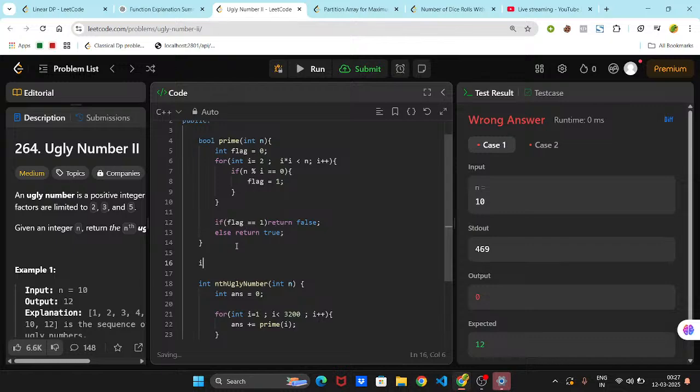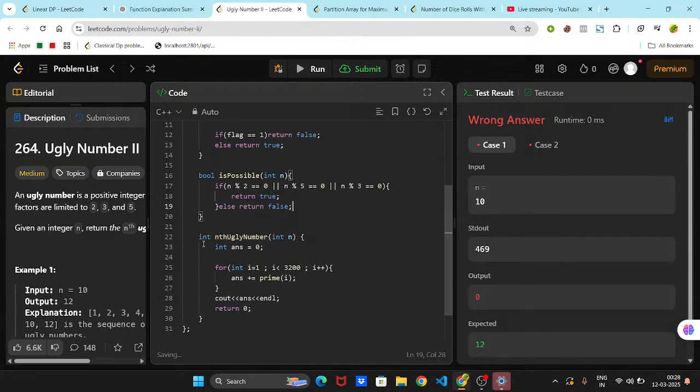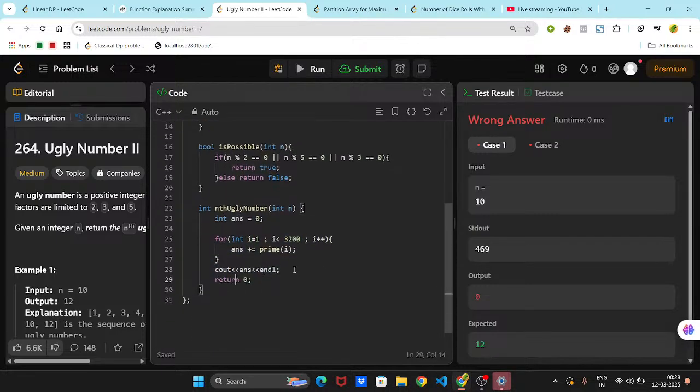तो मैं एक फंक्शन लिख लूँगा, bool is possible, I'll pass n, ठीक है। इफ़ तेरा n मॉड्यूलो 2 इक्वल टू 0 है, या फिर n मॉड्यूलो 5 इक्वल टू 0 है, या फिर n मॉड्यूलो 3 इक्वल टू 0 है, कुछ एक भी सेटिस्फाइंग है तो मैं रिटर्न कर दूंगा ट्रू, वरना आई रिटर्न फॉल्स। ठीक है, अब यहाँ पे यू विल चेक कि मेरा फॉर इंट आई इक्वल टू 2 से लेके आई लेसर देन इक्वल टू n प्लस प्लस